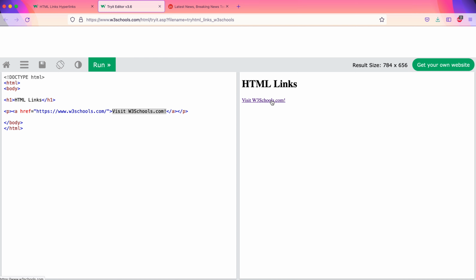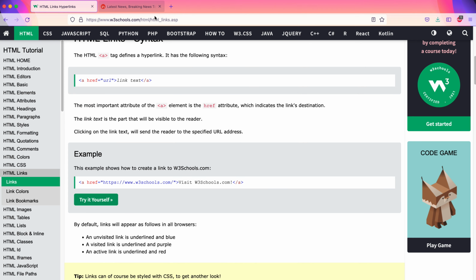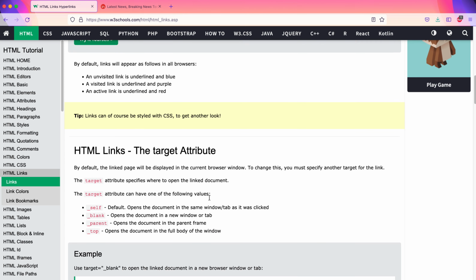And I have to say this, we have to be very careful when we are clicking on the links, because they may not go to the place where we think it is going. We may end up in all kinds of bad websites. So we have to be very careful clicking the links, but that is secondary. Today we are here to learn about how to create links, and this is an example. What more do we have?